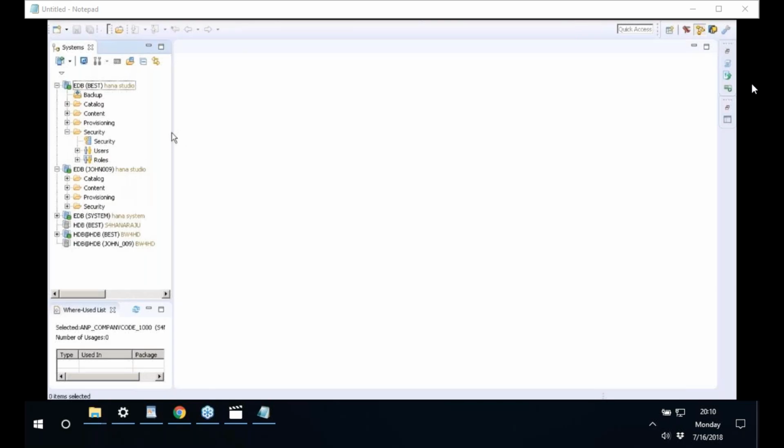the John user is logged into the system. Now once I expand the content, here you can see only one package called S4 master data 009. Expand. Now here we can see this analytic view. Once I right click on this analytic view, click data preview. Once I click on data preview, now please see participants. When I click on raw data,